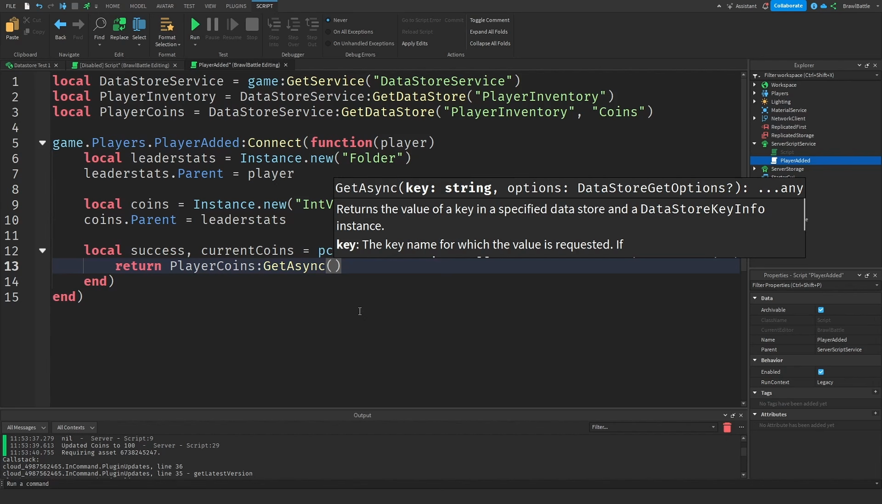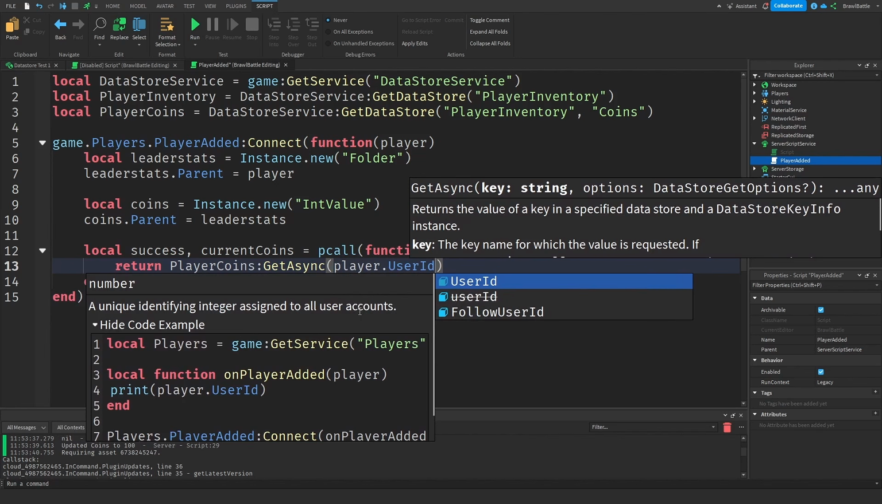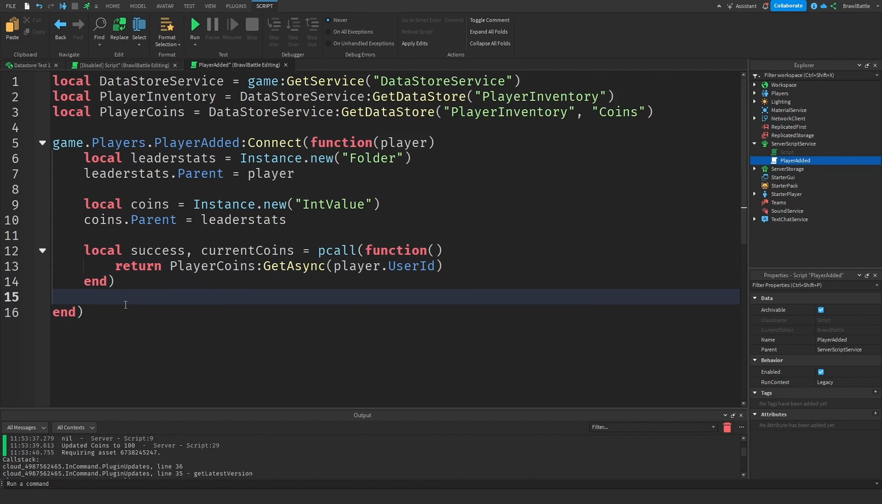But with this in mind, our key is going to be our player.userID, and that is the key we're going to use for all of our data stores if we're deciding to save our player data. This is going to be the key right here. Okay, and we're going to check if this was successful. So we're going to say if success, then what we're going to do